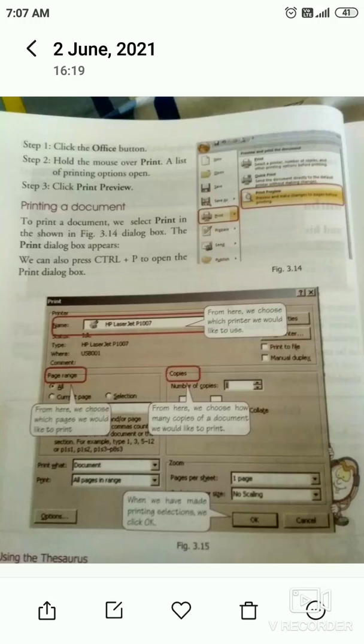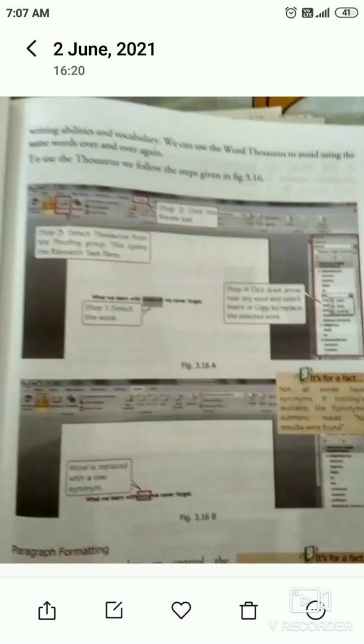Right. Now we will know about the thesaurus. What is thesaurus? Actually, thesaurus enables us to look up synonyms, antonyms, word substitutes, and alternative spellings for words in the document.